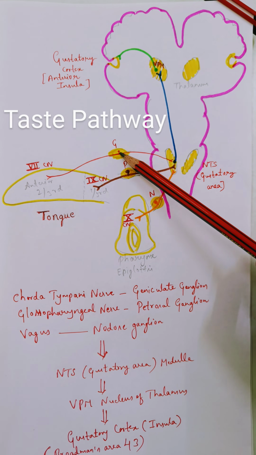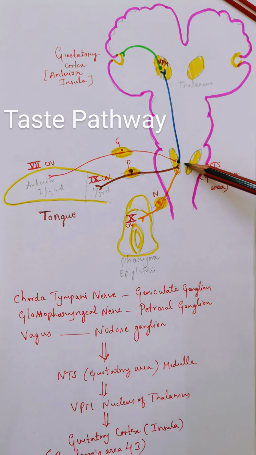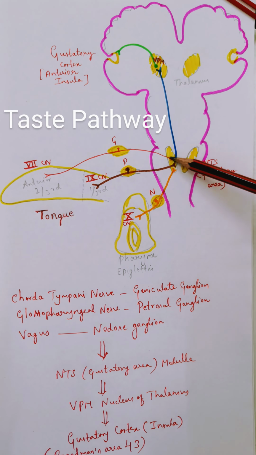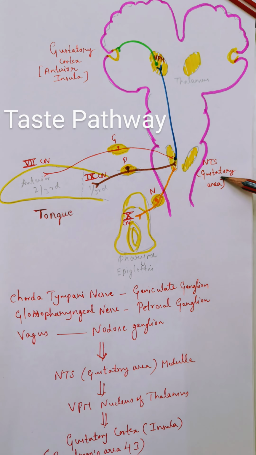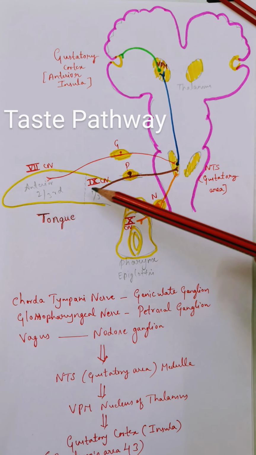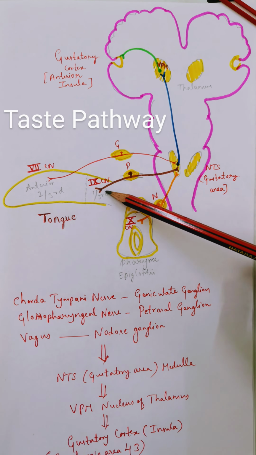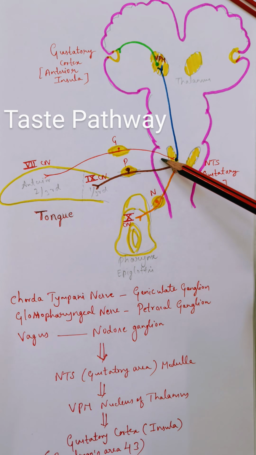Okay, so the seventh cranial nerve ends in the nucleus tractus solitarius, the gustatory area. Nucleus tractus solitarius has many functions. A part of it is responsible for gustatory function and another for visceral function. So the seventh nerve ends in the gustatory area. From the posterior one-third of the tongue, it is the glossopharyngeal nerve which carries the information to the